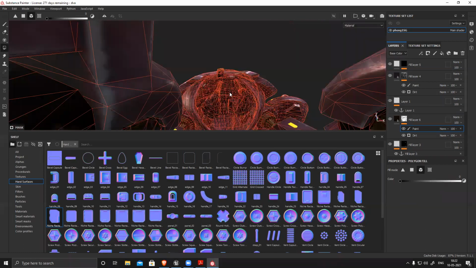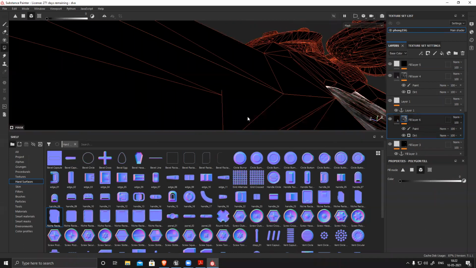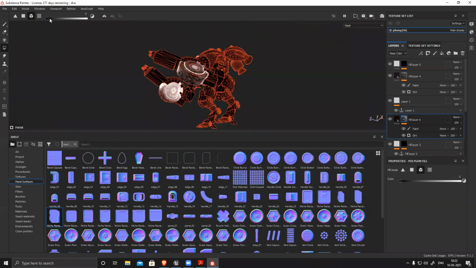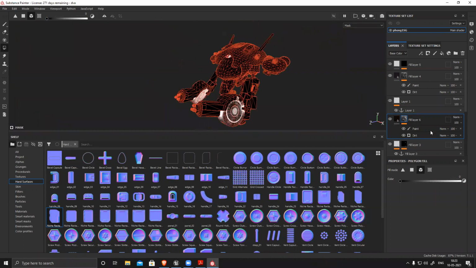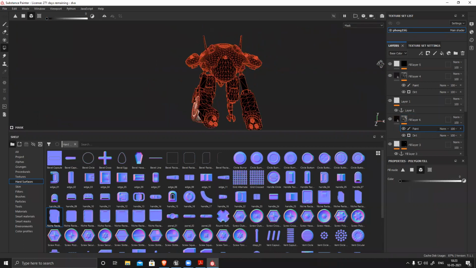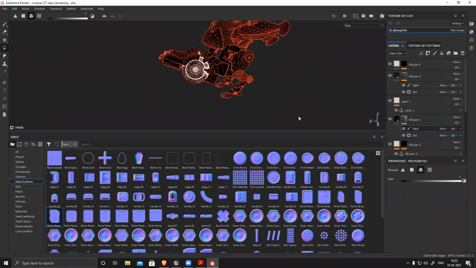Okay. Removed. Alt click on this so you can see it's affecting only and only this section.